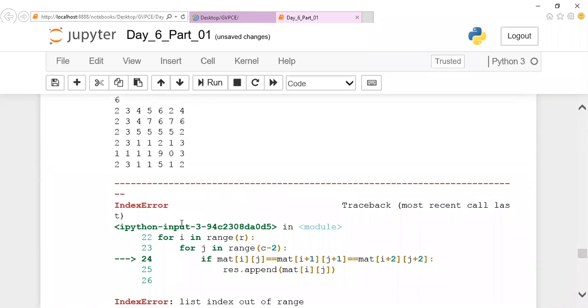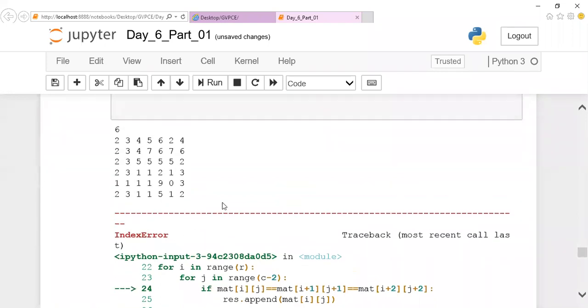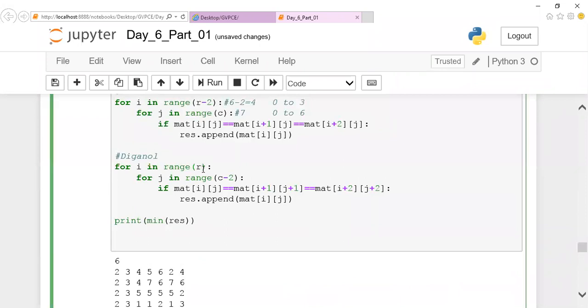Why is there an index out of range here? Here, we forgot to modify row minus 2. Yes, Samir. What is it you're asking? For the second column, what happened?